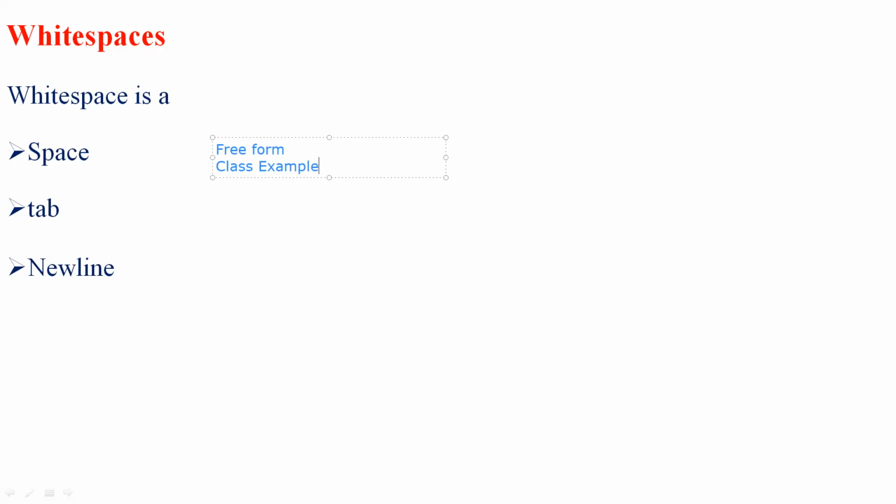In order to program effectively and to make the code clearly visible, we give at least one single white space. This is how we represent a single white space character. Likewise, we have a tab space, which gives a tabular white space character. Eventually we have the newline character, which is represented by a backslash n. The newline is also called white space. So this is about white space, which is one of the lexical elements in the Java programming language.